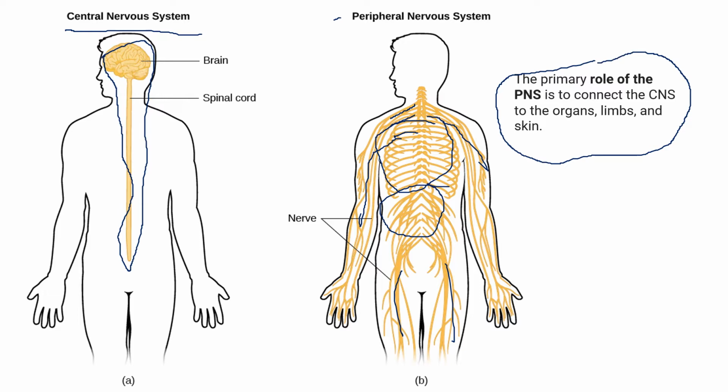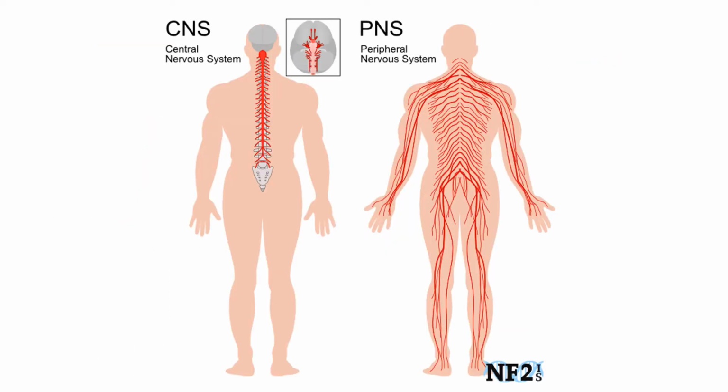So again, in the CNS, information is being released from the brain to the spinal cord, and that information is going to be released throughout the body through the PNS. Sometimes the PNS will take information and get it into the CNS, to take it into the brain to do several functions. So it can on some level act like a 2-lane street. And just one more schematic again: CNS, brain, spinal cord, PNS, the periphery.